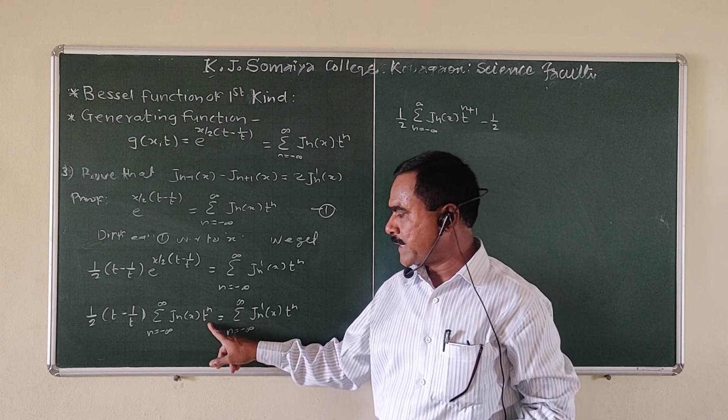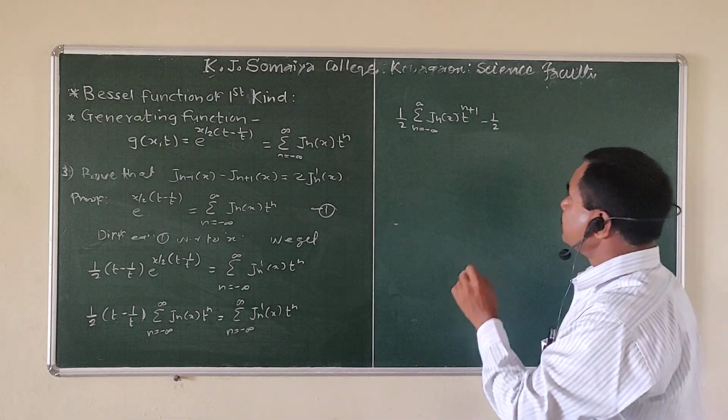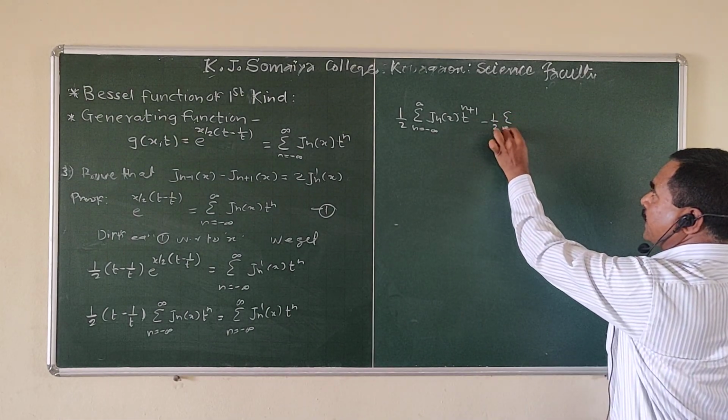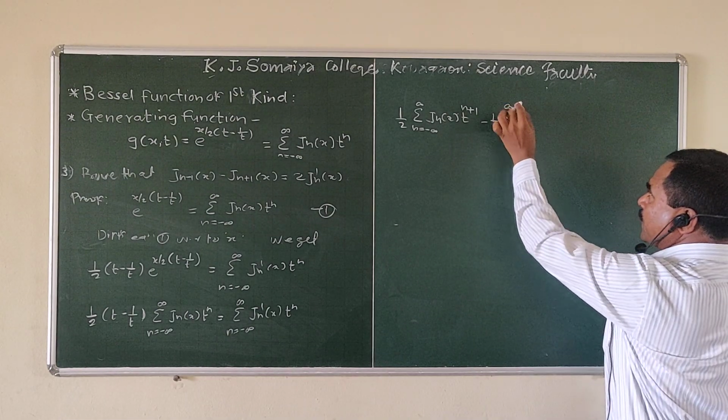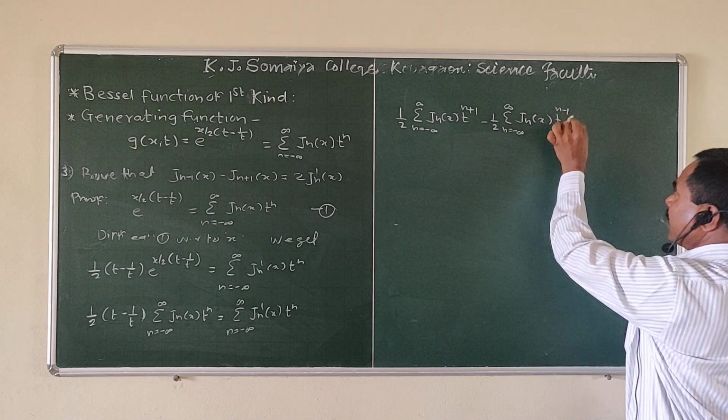So in the next step we write t raised to n minus 1, summation n from minus infinity to plus infinity J n of x t raised to n minus 1